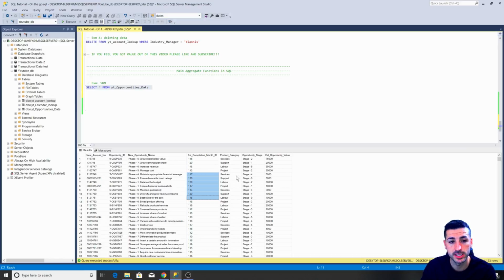So let's say we want to sum the estimated opportunity value by product category. Basically my outcome should be: product category services has this much opportunity, product category support has this much opportunity. So I need to sum the estimated opportunity value by product category. Right, so the way to do this,